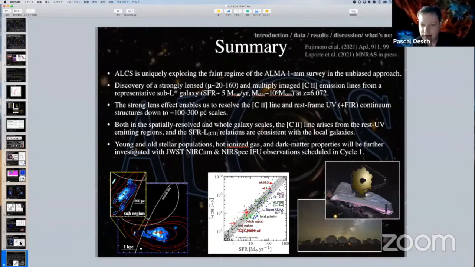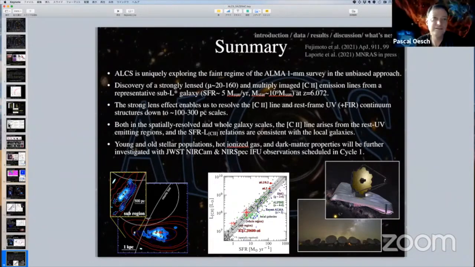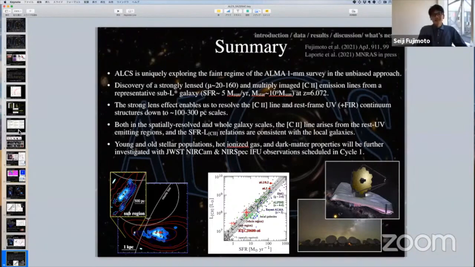There's one question in general. How many more sub-L star galaxies do you expect to find? I'm assuming in your data set. So for starburst galaxies, sorry, C plus emitters? Sub-L star galaxies, if you can detect any. In terms of